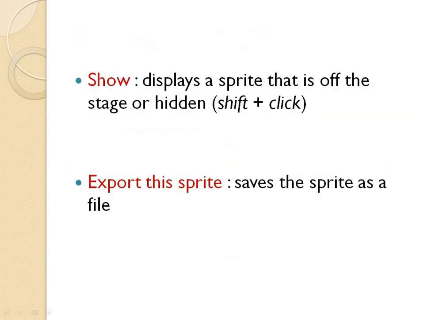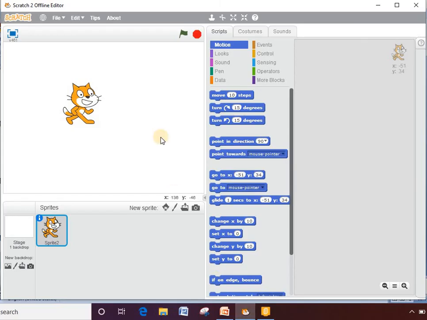Coming to the next slide, the show option. Since this option is there, we can highlight, meaning display, a sprite that is off the stage or hidden. The shortcut of this is shift plus click. Just see the example. Suppose this is the sprite, and if we click,